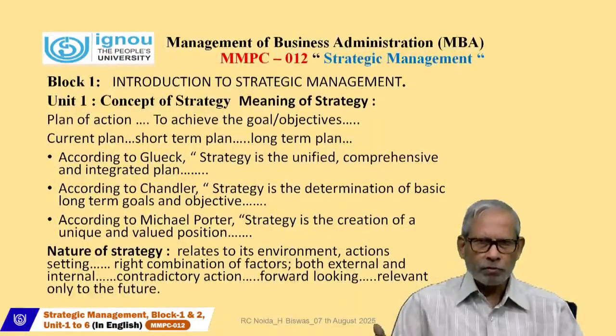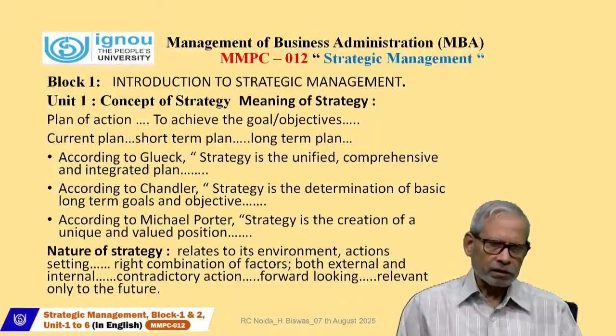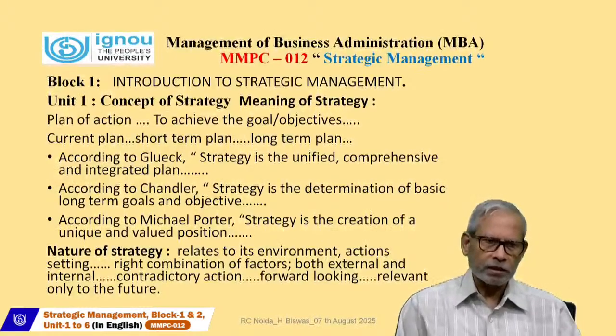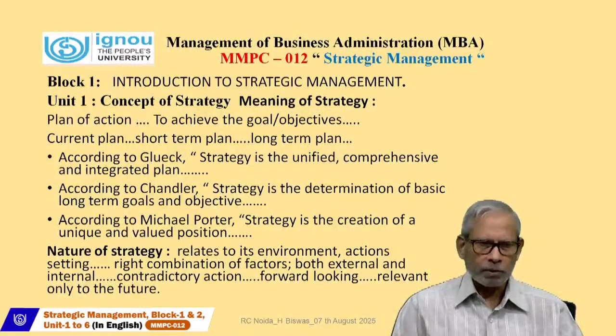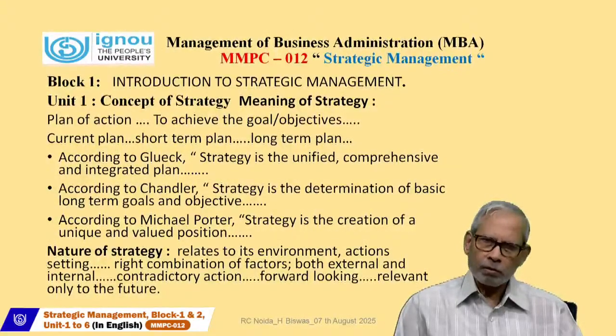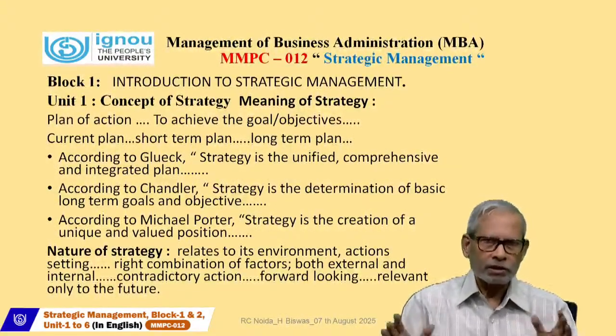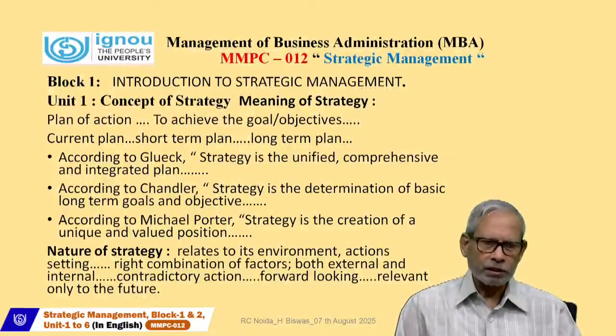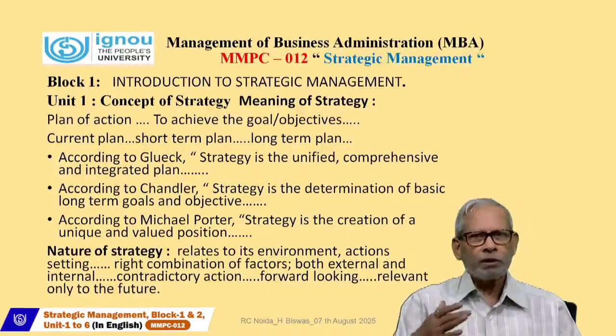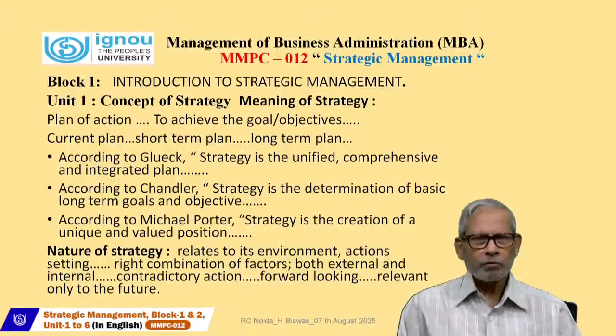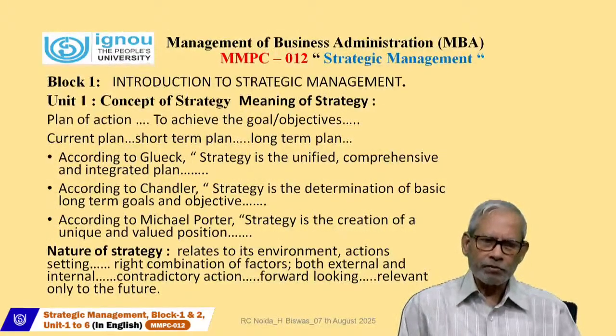let's again revise some of the points, that is, what the meaning of strategy is as such. That is basically about the concept of planning. First you have to see the current planning, what planning is existing in the organization. Then you have to forecast or estimate some strategy. So keeping in view future purposes and how to achieve the goal, you have to set some action plan as a strategy.